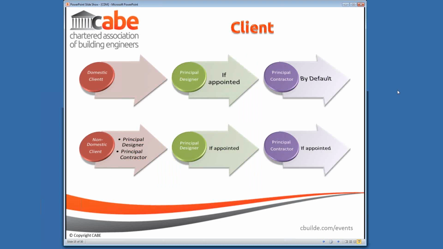So in terms of the client's responsibility, they do differ depending on whether it's a domestic or a non-domestic client. In the domestic sector, as I've said, there's an expectation perhaps that the client will not have sufficient knowledge to discharge all of their duties under the legislation. And therefore, their duties pass by default to the principal contractor. Having said that, they could still appoint a principal designer, and he would take on those duties. But it's not an automatic case that the designer that the client engages becomes a principal designer and takes on the role of the client's duties. They will still have their own duties, they won't take on the client's duties.